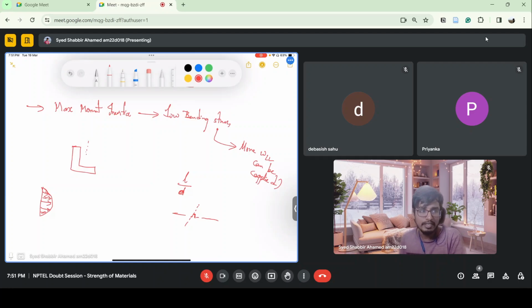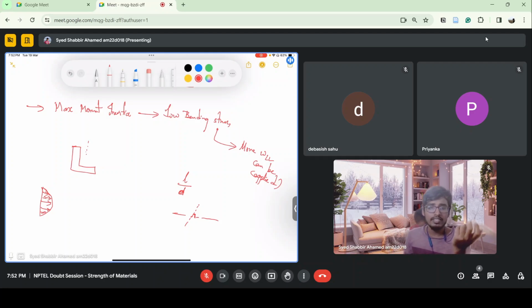The thing is, whatever we are doing, we basically took axial stresses, we took torsional stresses, and then we came to bending stresses, and then we will see shear. Because we are operating in the linear zone. Linear zone means principle of superposition is valid here. So principle of superposition is valid. So if I have different things acting simultaneously, like bending, shear, and torsion,